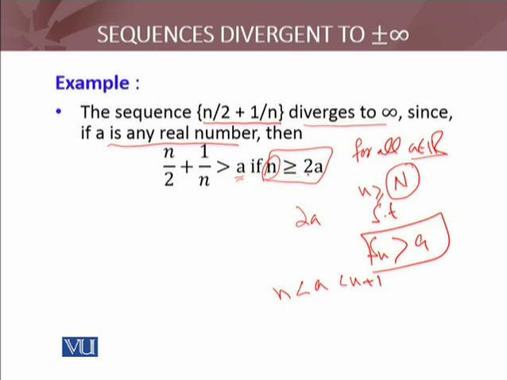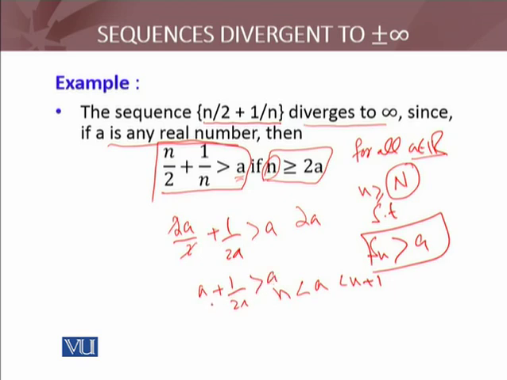अब अगर n ऐसा हो जो कि 2a से greater हो, तो मैं देखना चाहता हूं ये valid inequality है कि नहीं. तो n greater than 2a है, तो मैं n divided by 2 plus 1 over n इसको solve करूंगा, और ये of course greater than a आएगी, because 2 से cancel हो गया. a plus 1 over 2a is greater than a. a whatever कोई number a हो, 1 over 2a, और ये n से greater 2a है, और n जो है ये positive कोई integer है. So I will have this inequality holds. So for all real numbers, I will be able to find an integer n such that this inequality holds.